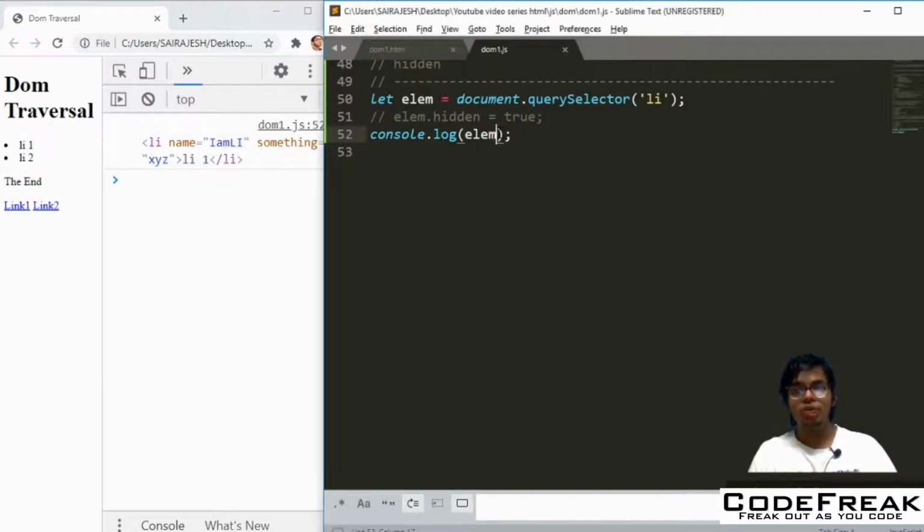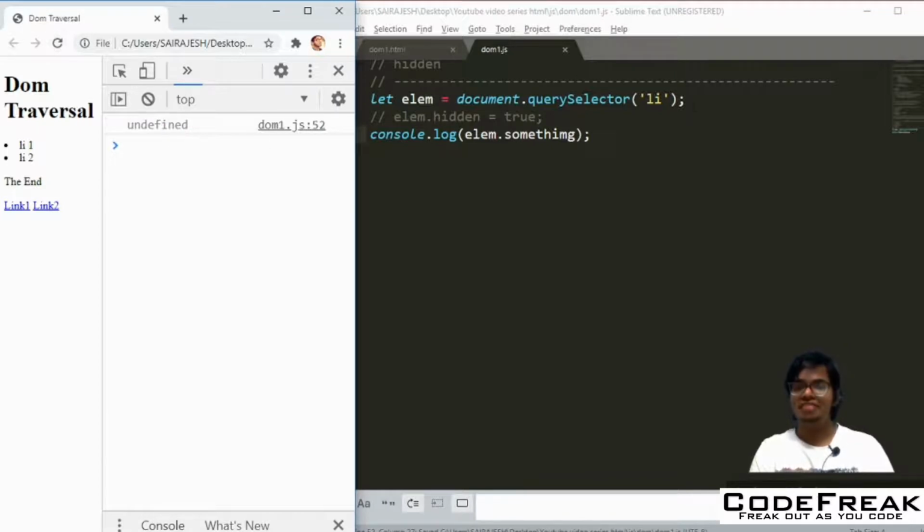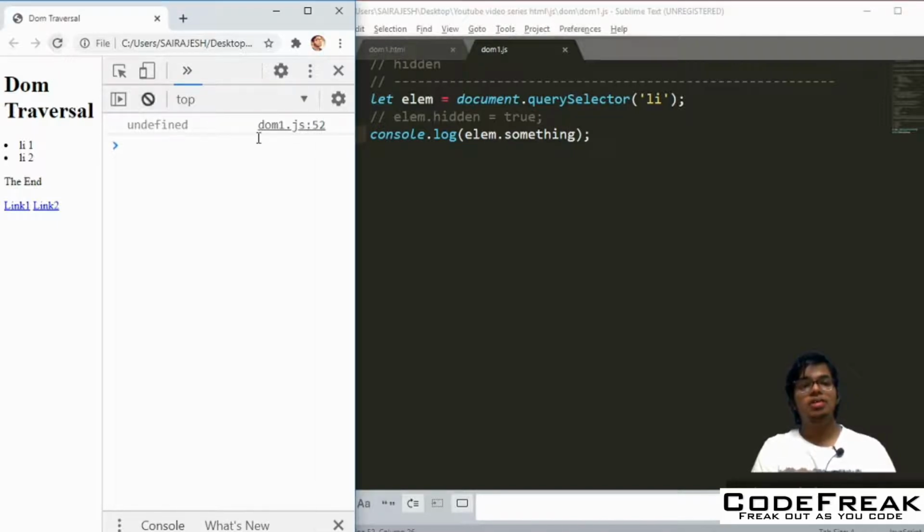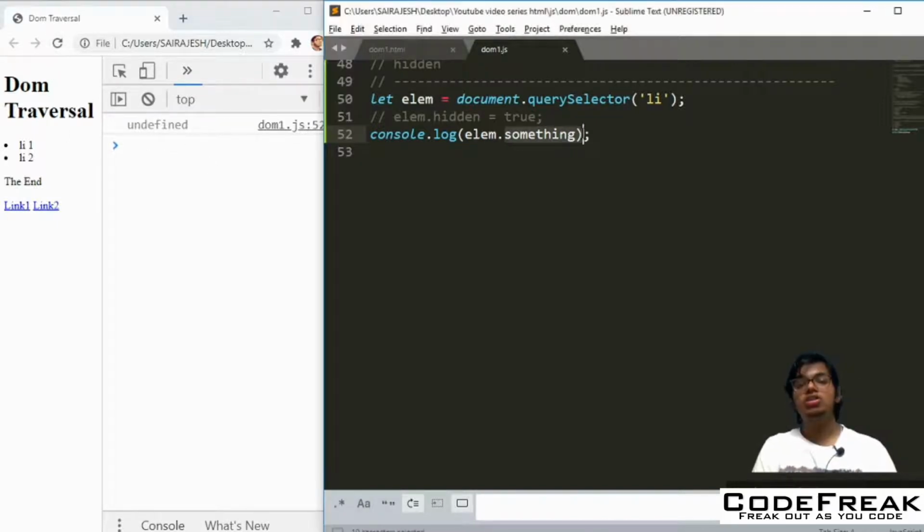So you got something equal to xyz here, right? Now if I do lm dot something, what do you expect the answer to be? It's undefined, because you are accessing it as a DOM property and it's a non-standard attribute, as I've told previously.